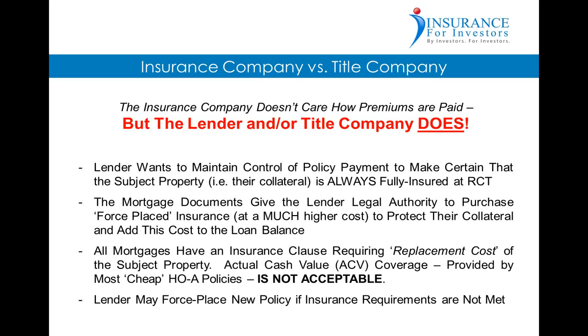When they receive evidence of insurance, if they're paying attention and see that this is an HOA policy or that the evidence of insurance states actual cash value, they will contact the parties and require replacement cost coverage, which means issuing a new policy at a higher dollar amount, or they will force place coverage. That is something that all parties need to be aware of. So if you're purchasing cheap insurance now from someone and you can't believe you're getting it for $400 a year, this is why you're getting it for $400 a year. And the lender, again, may force place new insurance if their underlying insurance requirements in the mortgage are not met.